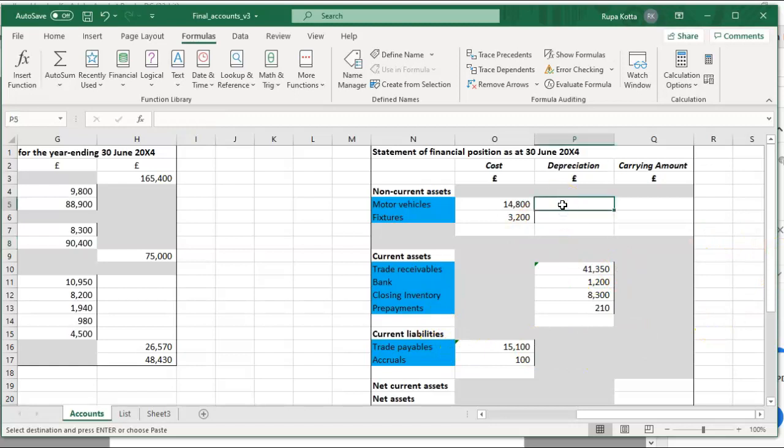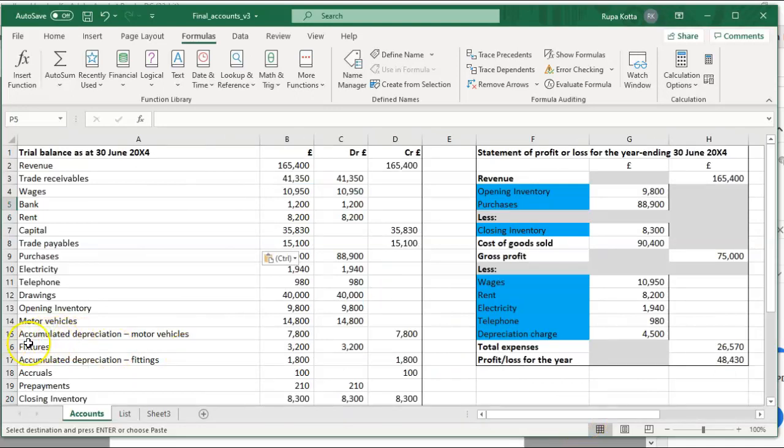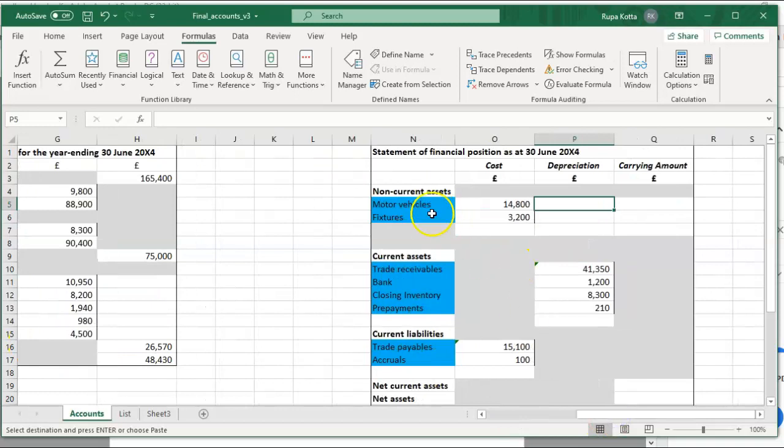We do not have any depreciation, so we need to pick up the depreciation. But what we need to pick up is the accumulated depreciation. But we cannot pick up depreciation using this heading motor vehicles, because the values are picked up using this heading, accumulated depreciation motor vehicle. But there is no heading to look up for that accumulated depreciation motor vehicle. So because of that, just these two depreciations you can enter them.